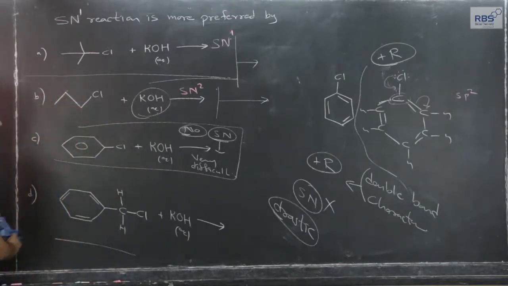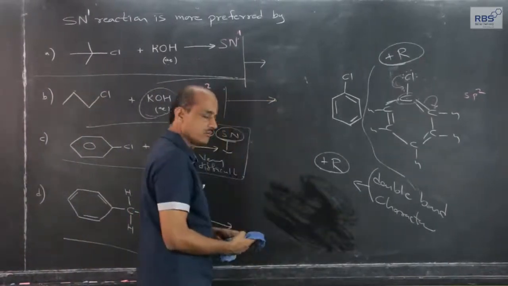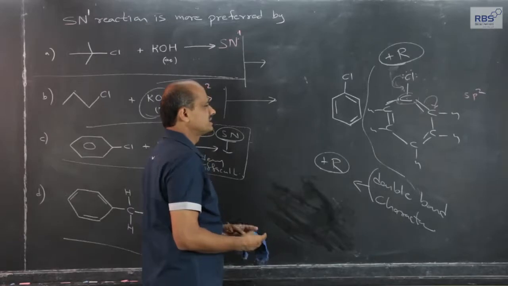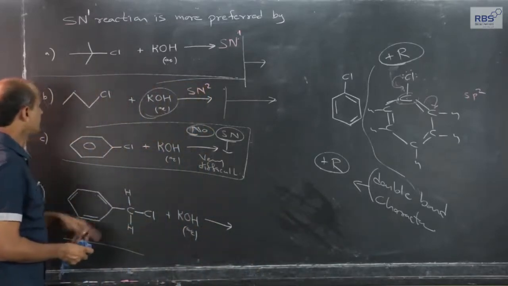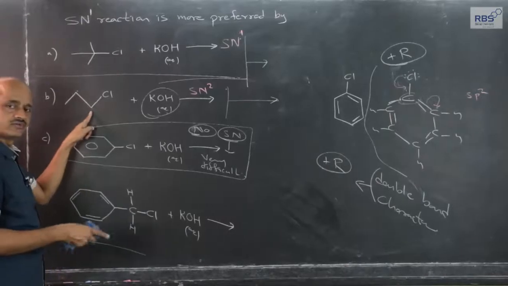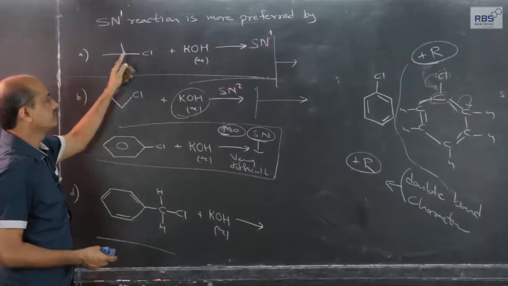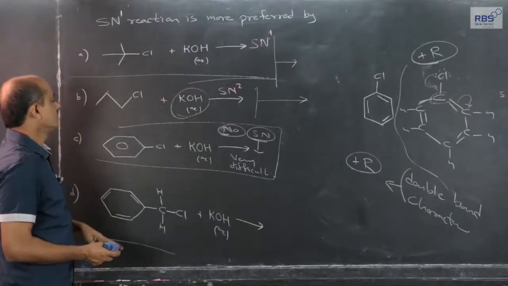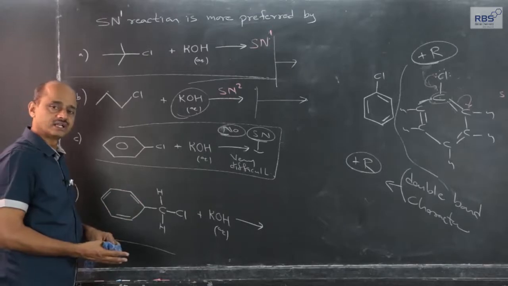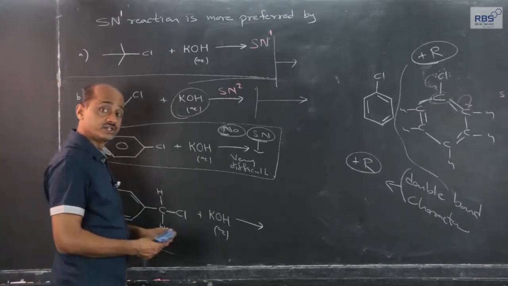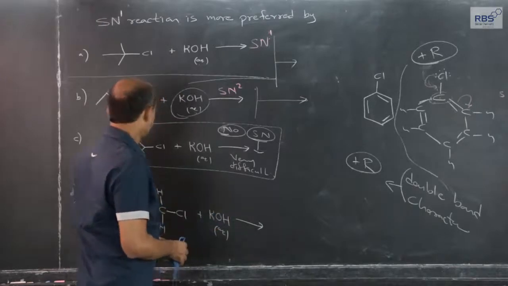Now, up till now what we have considered, from that one logic gets developed automatically in our mind. Primary alkyl halide: if the halogen atom is attached to a primary carbon atom, it will follow SN2. Halogen attached to a tertiary carbon atom will follow SN1. Halogen attached to a secondary carbon, there is a competition between SN1 and SN2 depending on the conditions, polar solvent, temperature, but it can follow both.